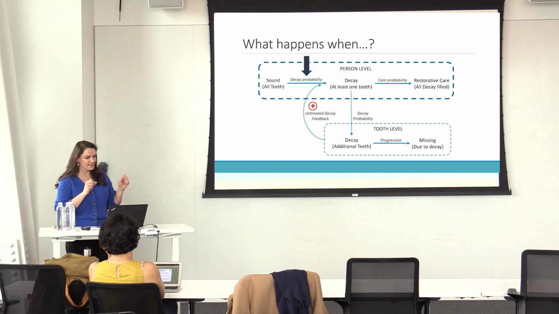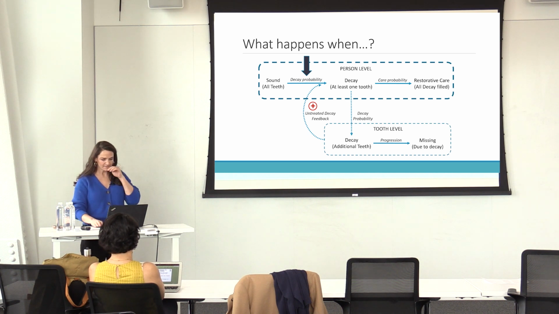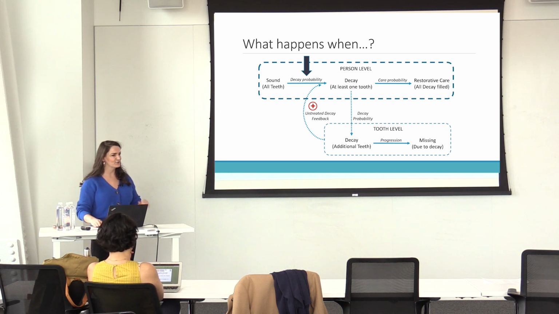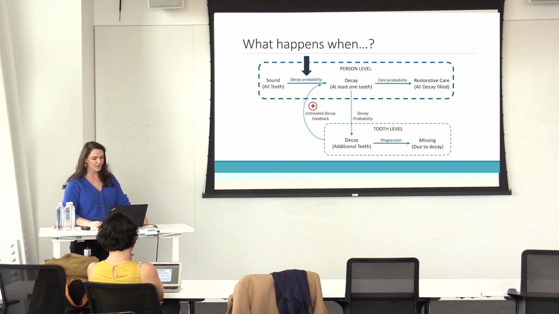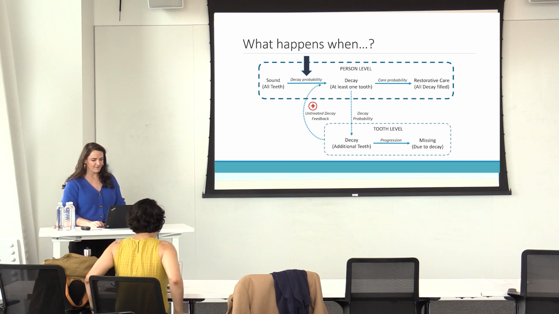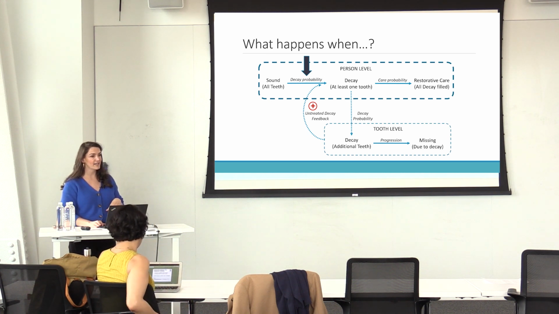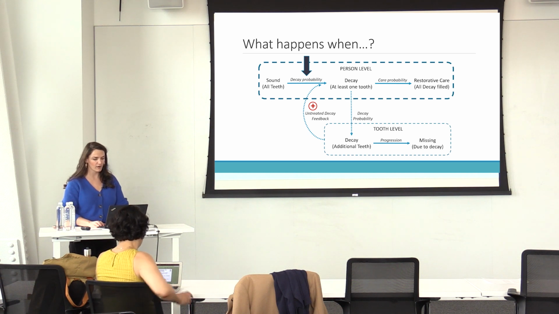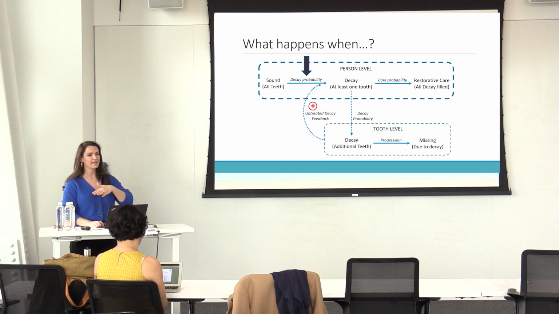So now getting into how we're addressing this and trying to study this. We used an agent-based modeling framework. We simulated a hypothetical cohort of 2,500 children that are called agents in this framework. And they were followed for caries development and outcomes between the ages of 3 and 6, or 36 months and 72 months.